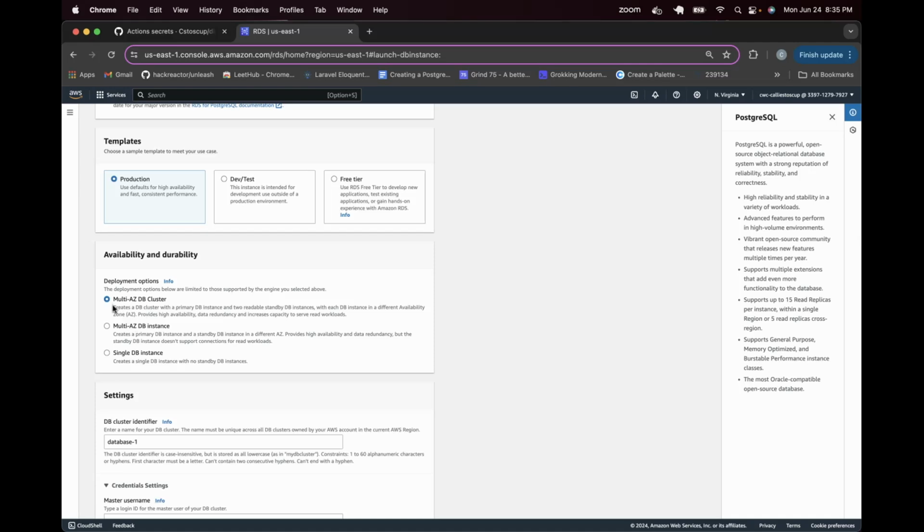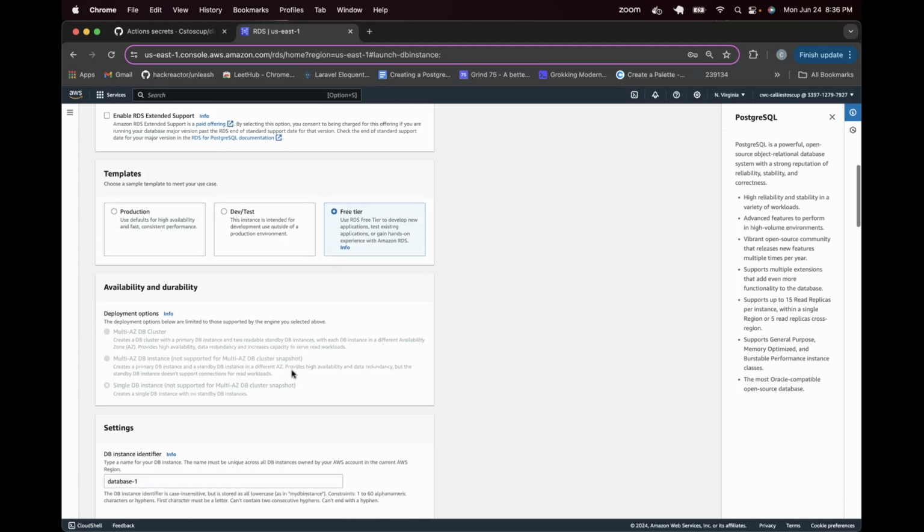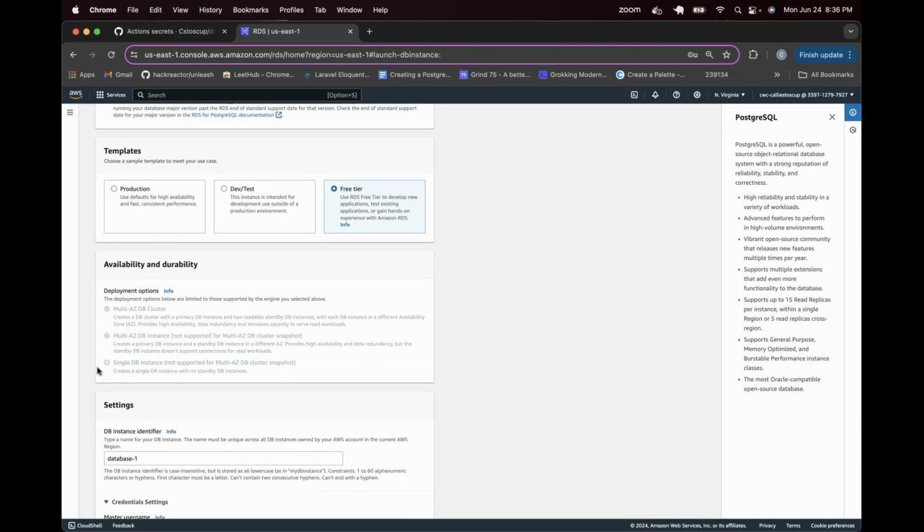All right, so here's the cluster. It creates a cluster with a primary database instance and two readable standby instances, each in a different availability zone. The multi-availability zone instance option creates a primary and then a database instance in a different availability zone. And then there's also just a single database instance. RDS is pretty expensive. So since we're just learning how to do it right now, I'm actually going to have you click on the free tier option, and then you'll see that these options go away and we're just creating